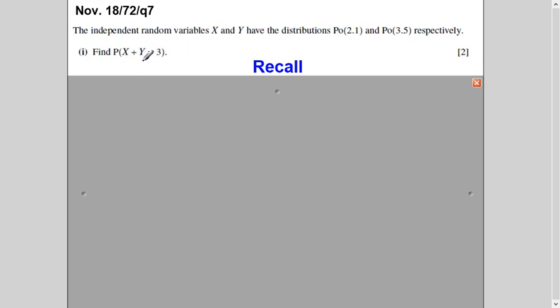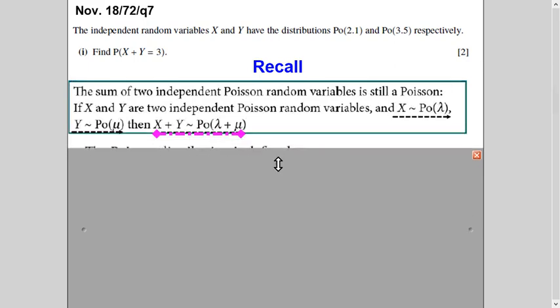To solve this question and the rest of the parts, you need to recall two concepts. So let's see those concepts first, and then we'll start the question. Number one, when we are talking about independent Poisson random variables, for example, one is represented by lambda and the other by mu. We know in Poisson distribution, mean and variance are both represented by lambda, and the number is written here. This is a general way of writing Poisson distribution.